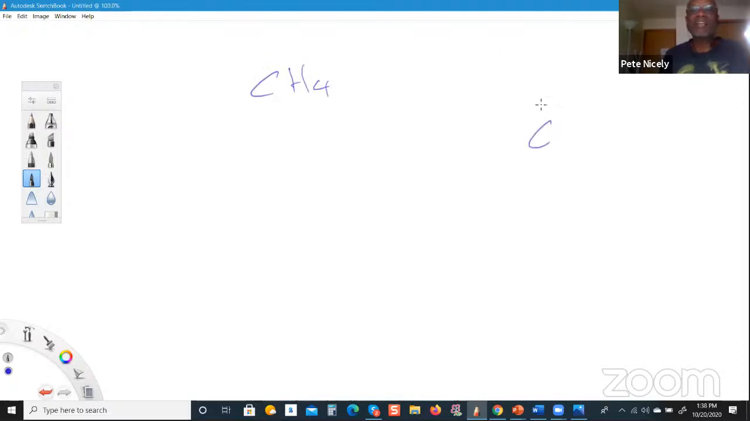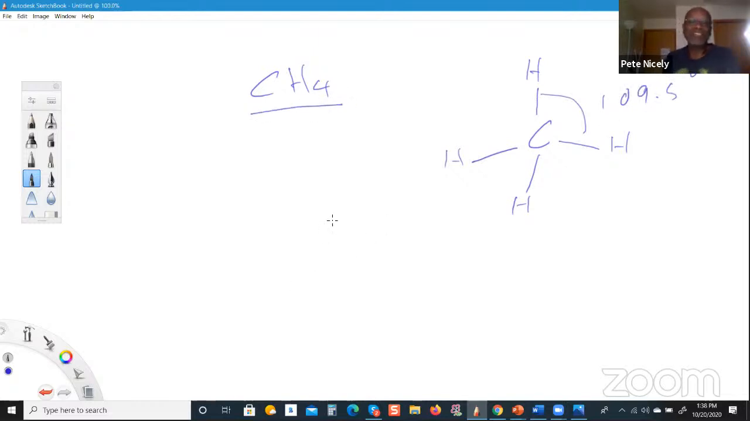So the shape would be something like this: H, H, H, and then H right here, where the bond angles would be 109.5 degrees. That would be the shape adopted by CH4. Now, what if the molecule was CH3F? Oh, by the way, before I move on to the next molecule, I should mention that CH4 would be a non-polar molecule,